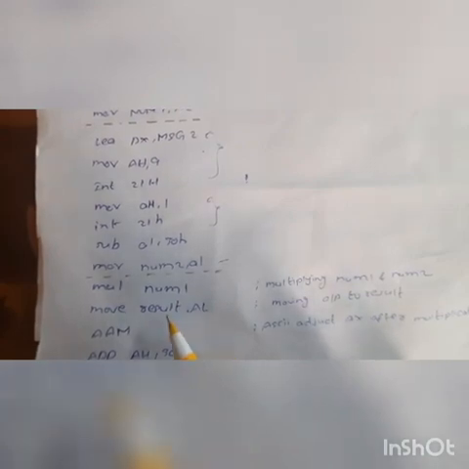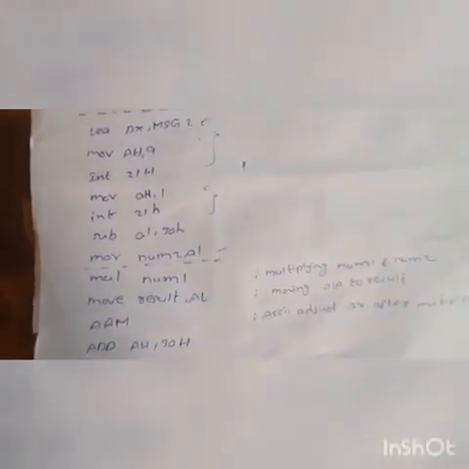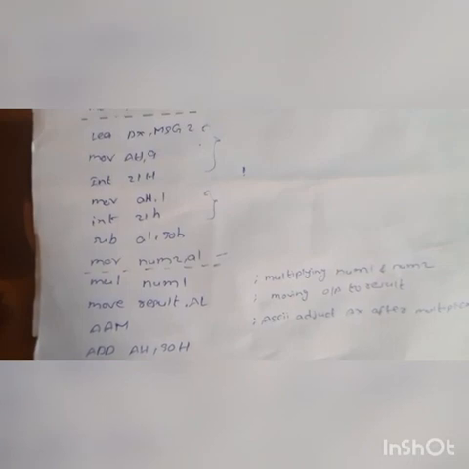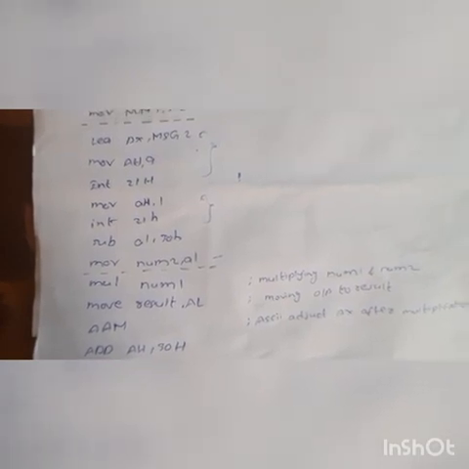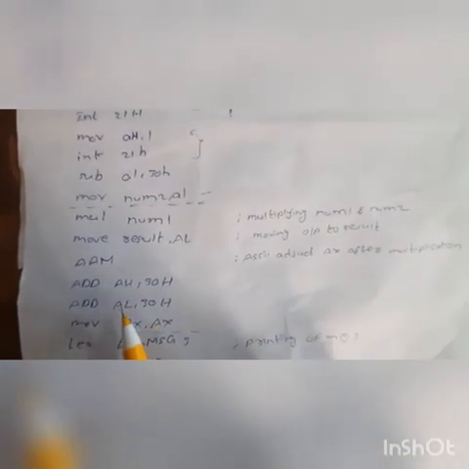Mul num1 means the num1 variable is multiplied with the num2 variable, and the resultant value is stored in the result variable, and later the AAM operation is done. It is an instruction that corrects the result of a multiplication of two valid unpacked decimal numbers, and we are going to add 30 to the AH and AL registers, and we are moving the AX register to the BX register. lea dx, message3; mov ah, 9; int 21h